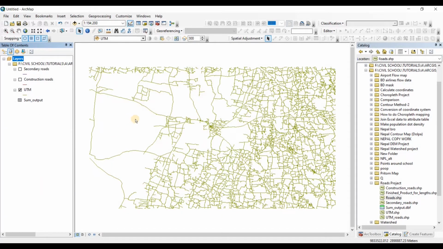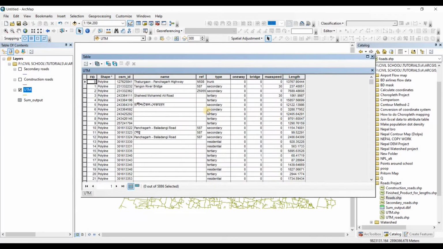Okay, so welcome to this road calculation project. In this project, suppose we're doing work for our client, where our client has given a shapefile of particular node networks, and he or she wants you to calculate the length of the particular node networks. This is task 1. So here in this particular project, we have calculated all of